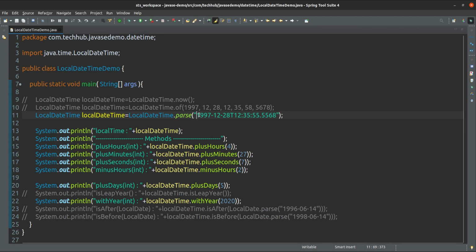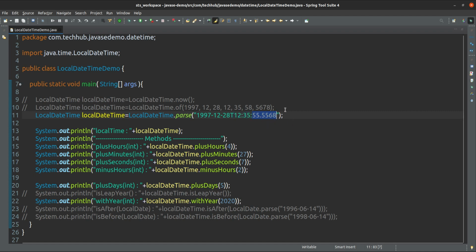First we have to give the year, then one hyphen. After this hyphen we have to give the month, and after that one hyphen, and after the hyphen we have to give the date, and after the date we have to give one uppercase T, and after this the time: hour, minute, second, and nanosecond. The nanosecond is not required.